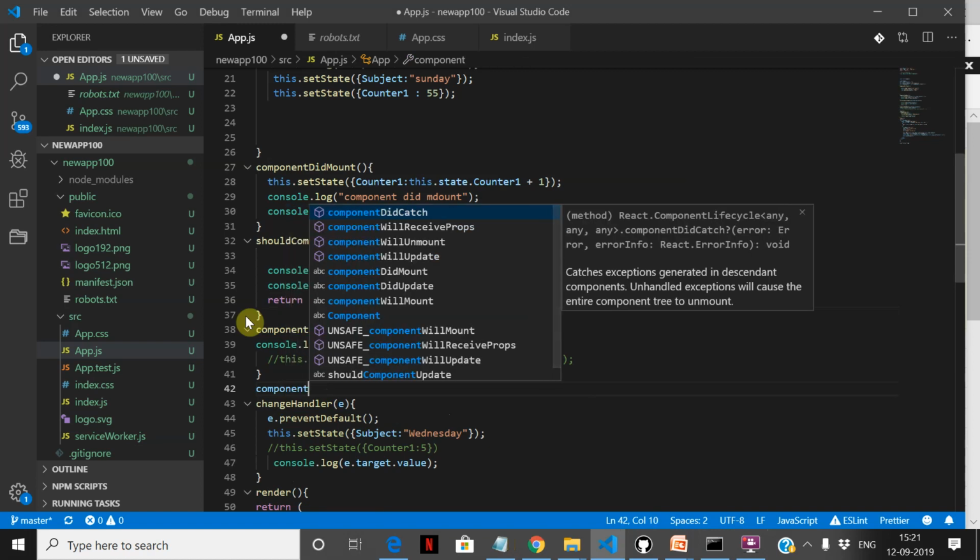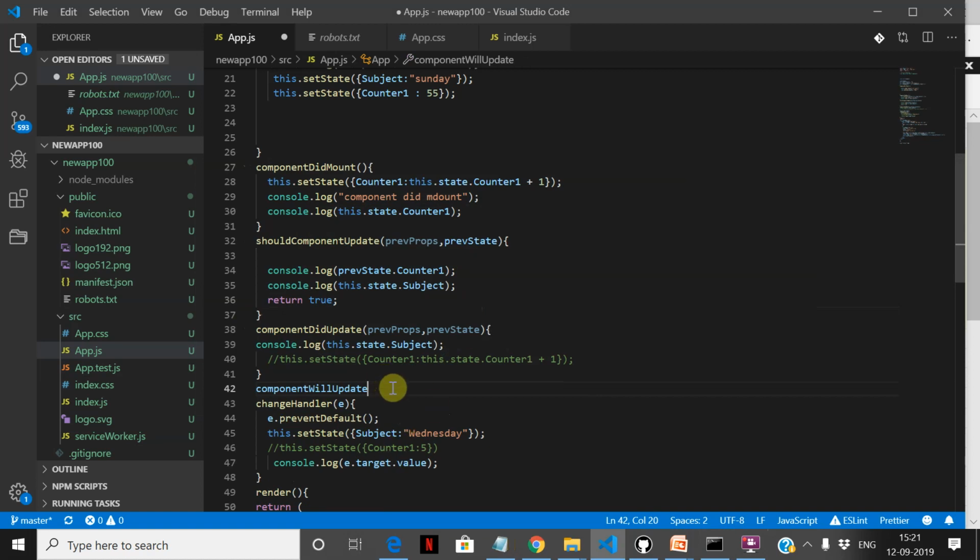Similarly, we have the other methods. componentWillUpdate, and we have componentWillUnmount.